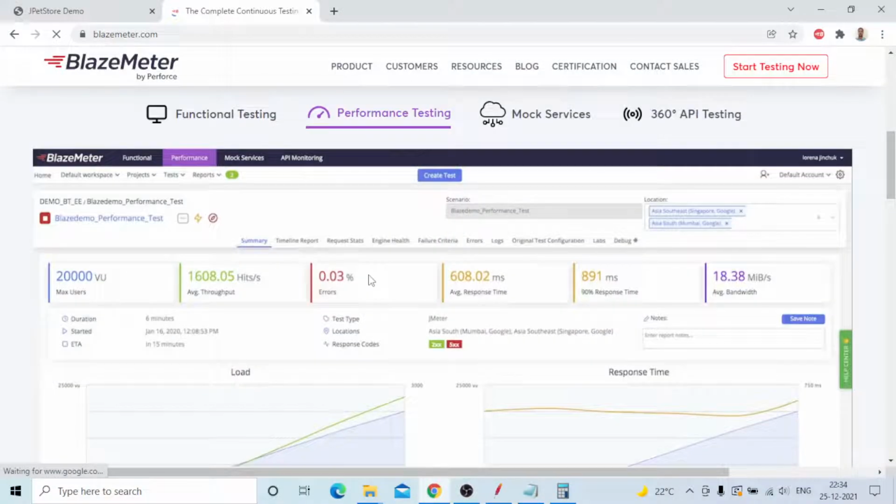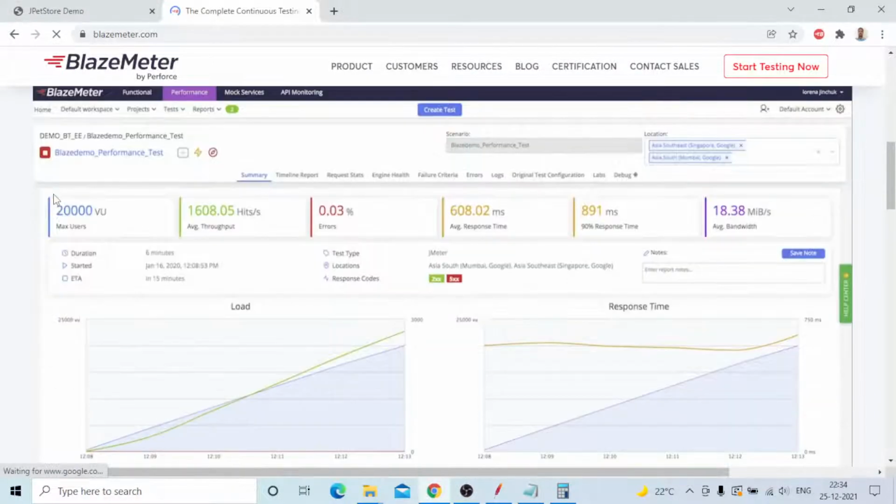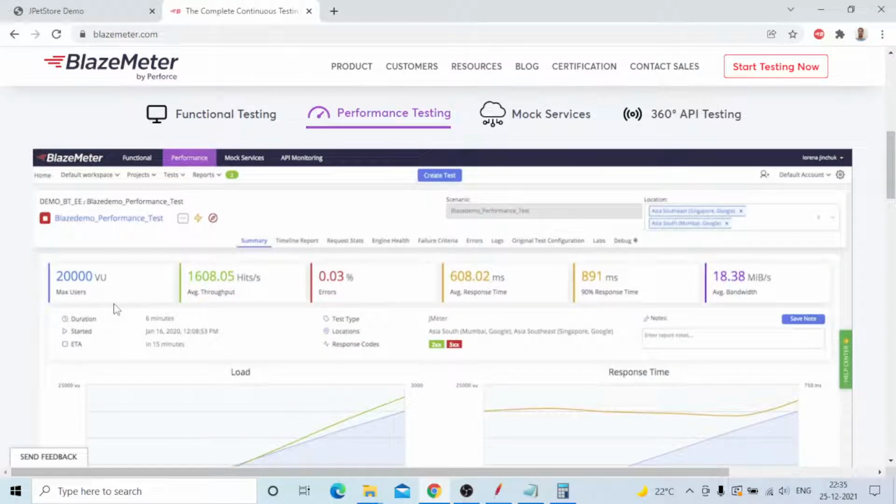You can see there is a general video. You can see one unit to run from 20,000 users. What are the hits, error percentage, average response time, 90 percentile, average bandwidth? What reports will be provided? All the things will be provided, but not all the features are available to people who freely sign in and try to use it now. You're not able to execute the user load either, it is very low, and sometimes your script is not executed. The reason is that for everything you need a license.